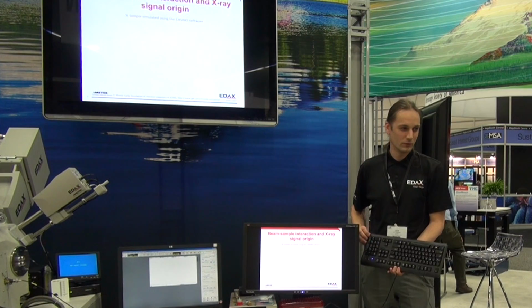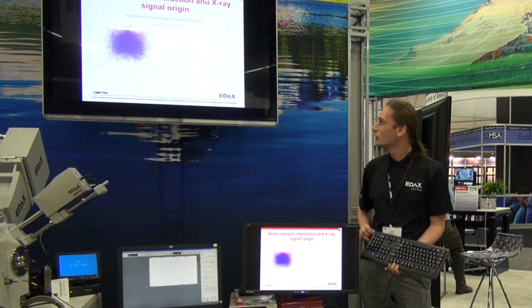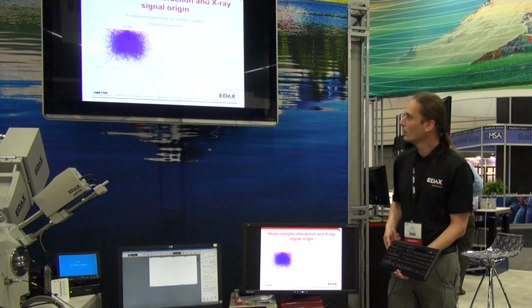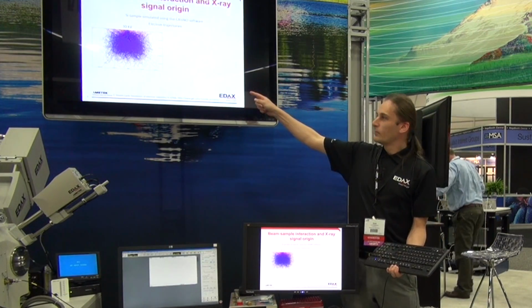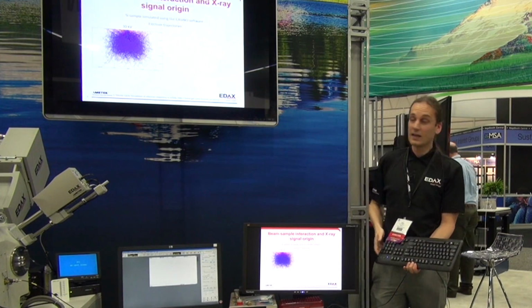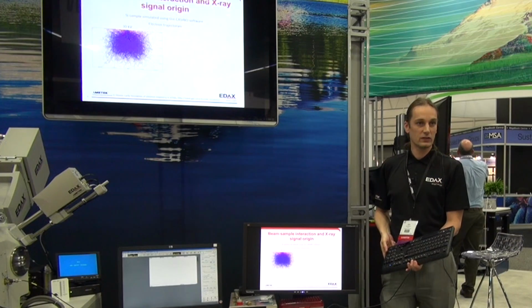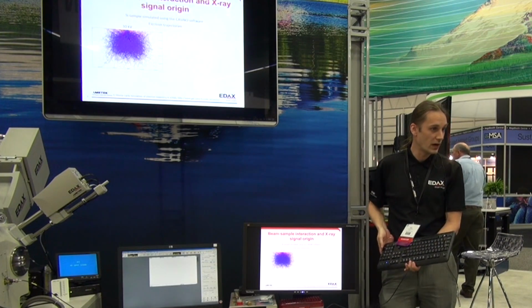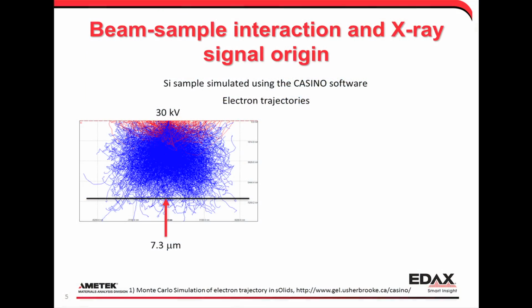But if you do electron trajectory simulation, you should find something suitable. So this is a silicon sample modeled at 30 kV. Blue, that's the electrons coming down. The red, that's the backscatter electrons escaping the sample. And just for reference, it could be a little hard to see, that bar down the bottom is about 7.3 microns into the sample. So you can see we penetrate, the lowest energy electrons die out about 8 microns into